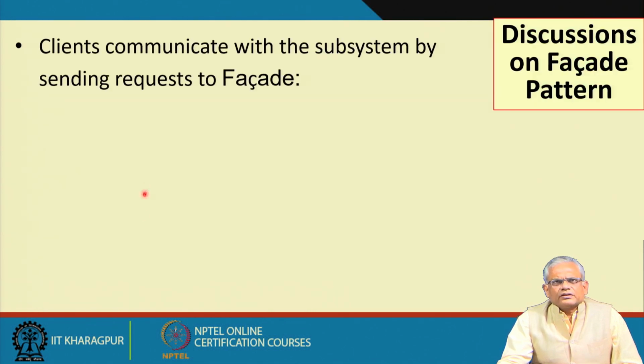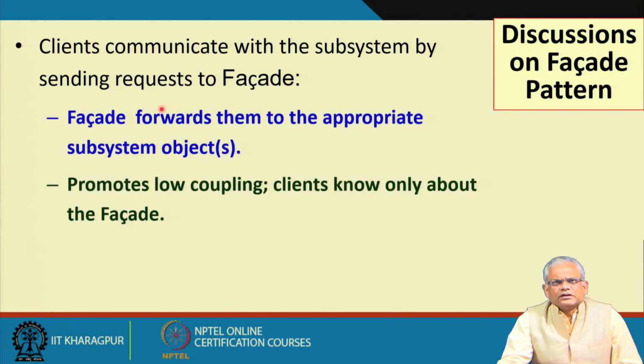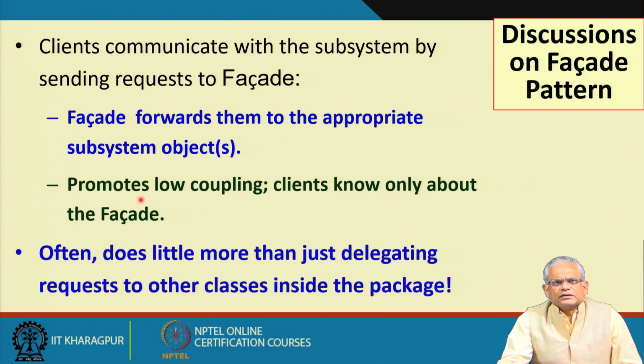Now, if we think back, in the Facade pattern, the clients communicate with a package, the classes in the package, by communicating only with the Facade. The Facade forwards this request to appropriate objects in the class, promotes low coupling. The clients need to be associated only with the Facade, they do not have to have dependency on other classes,